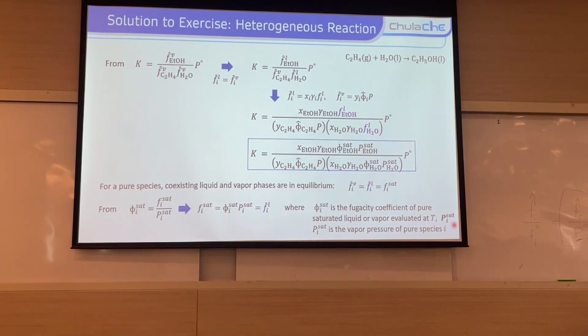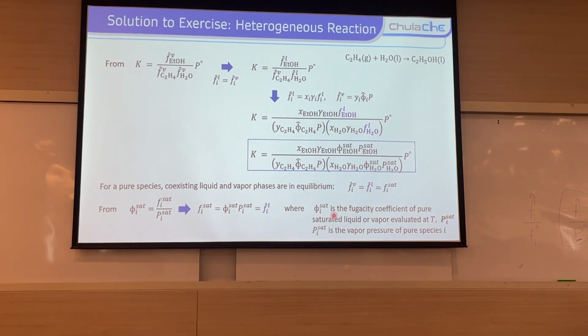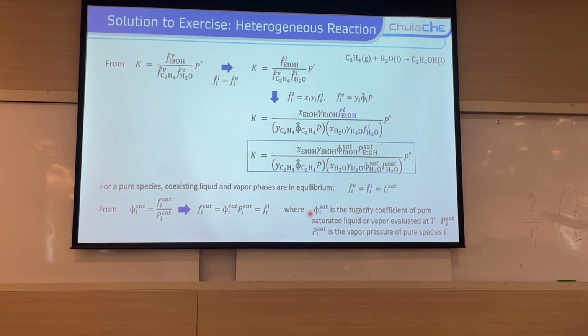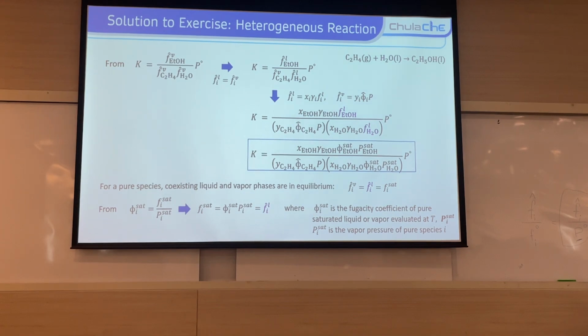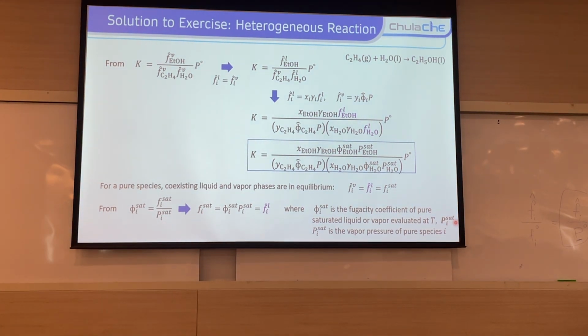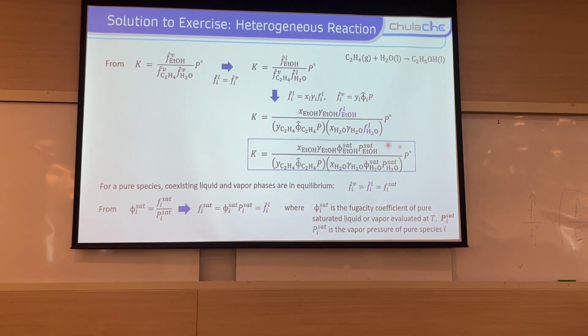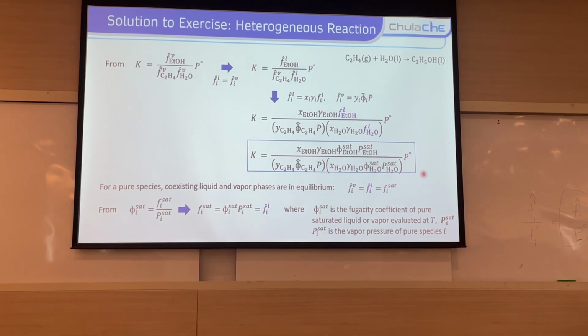This is the definition of the viscosity coefficient at the sat T. And the P sat is the vapor pressure that we have known before, the same. This one is the viscosity coefficient that is determined at the vapor pressure. Okay, so then when we have this equation already,